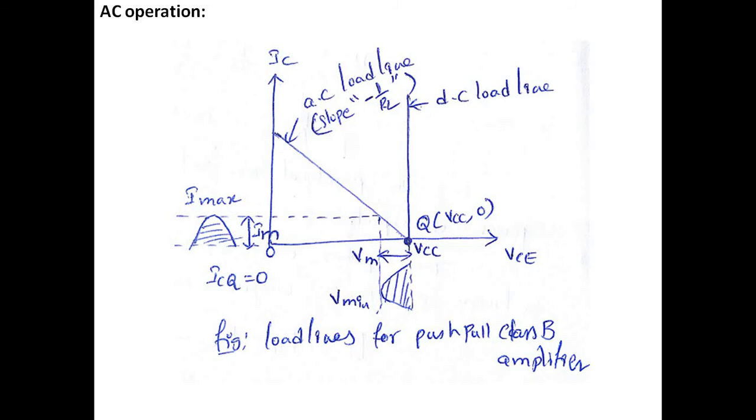Whenever you choose the operating point on the x-axis exactly at 0, which is called the origin, the complete negative half cycle is going to be removed. Same case, if you choose the operating point nearer to the y-axis, nearer to IC, where VC is becoming 0, the positive half cycle is going to be removed and you are going to get only the negative half cycle. But here we have chosen the operating point on the x-axis, and it allows only the positive half cycle and removes the negative half cycle. Now Imax equal to Im, and all these values you are going to substitute for the calculation of PAC.